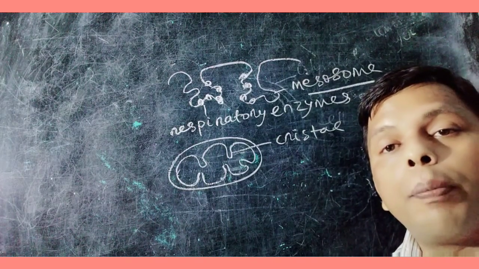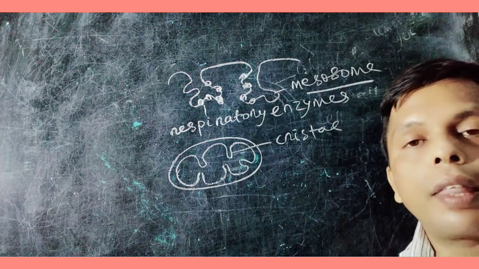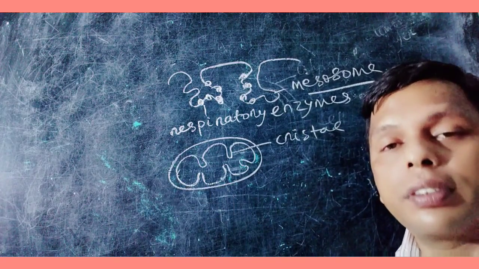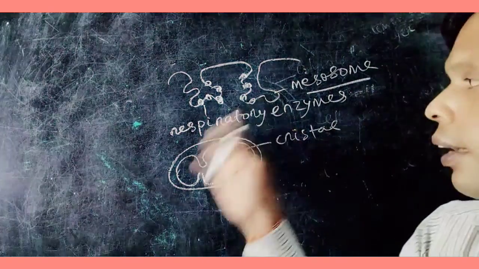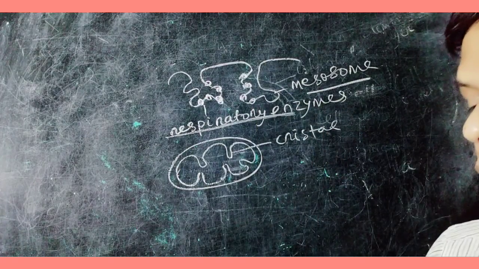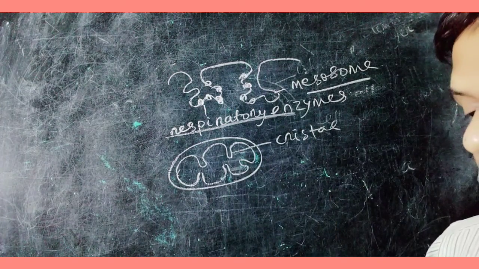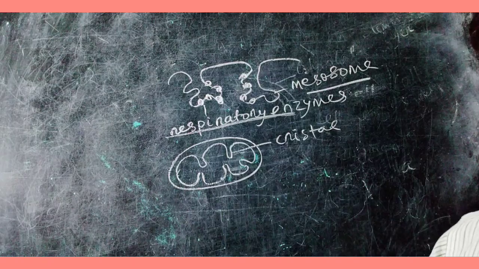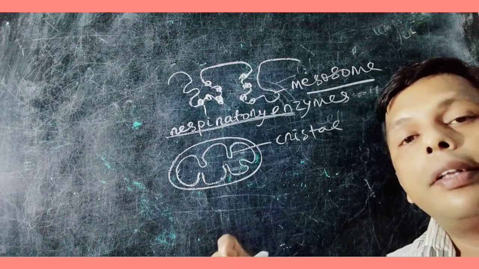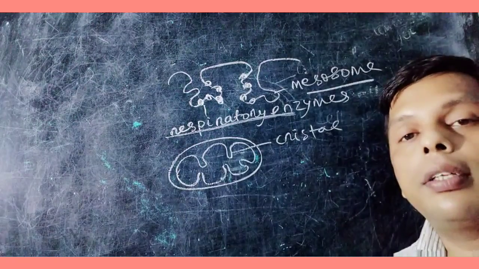What are other functions of mesosome? Mesosome helps in division of chromosome. It also helps in increasing the surface area of the membrane. The surface area increased helps in carrying out respiration, and it also helps in division of chromosome. Okay, so these are the functions of mesosome. The mesosome is analogous to mitochondria. What is an analogous organ? When the function is similar, structure may be variable but the function is similar, respiration.